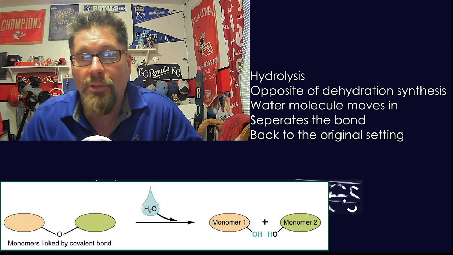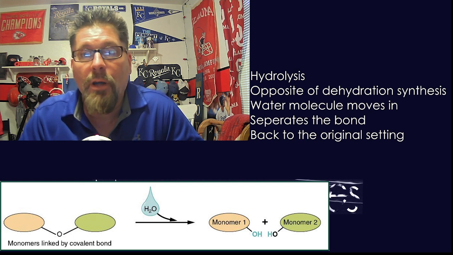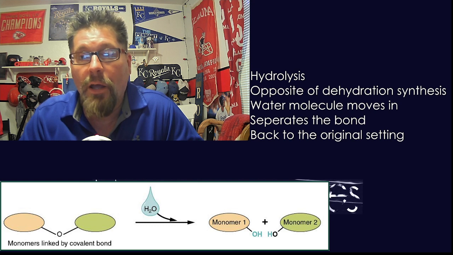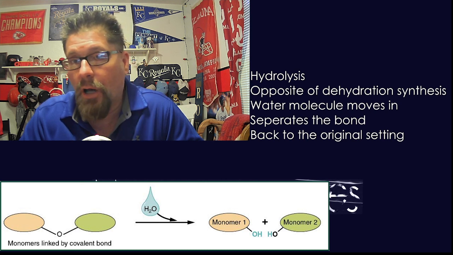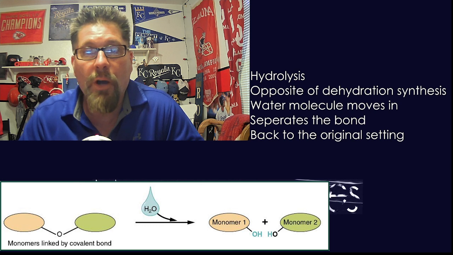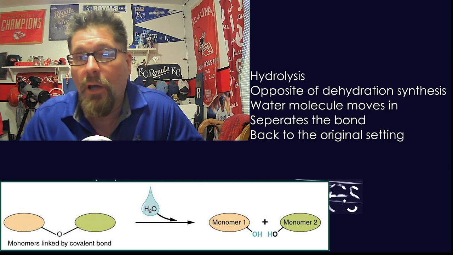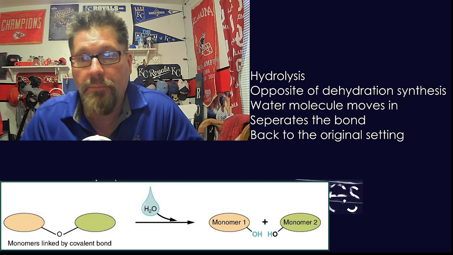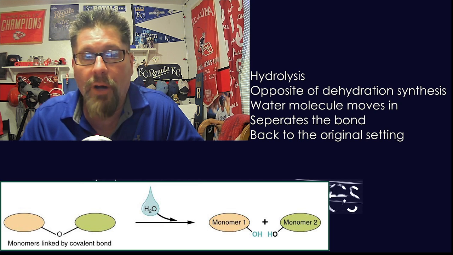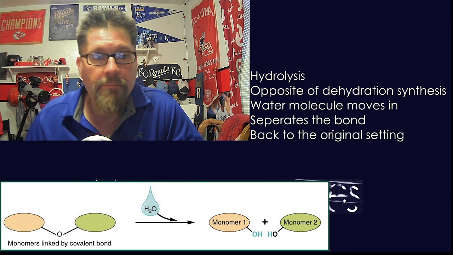and those OHs, those H2Os, they separate, and everything returns the way it was. One H and one O goes with one monomer, and the H bonds with the other oxygen to return those OH bonding pairs, those attachment points, those trailer hitches, to their original state, as you can see in the far right of that diagram below me.